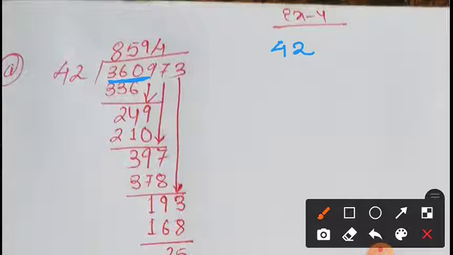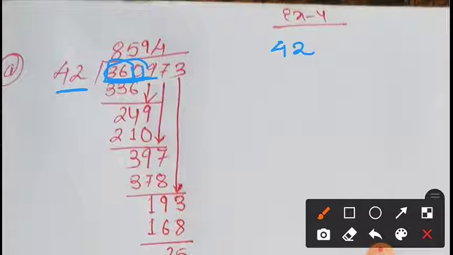Now, why have I taken 360 directly? That question must be rising in your brain. The reason is that if I take 3, it is much smaller than 42, and in the table of 42 you will never get 3. Again, if I take 36, it is still smaller than 42. Therefore I have taken 360, which is bigger than 42.